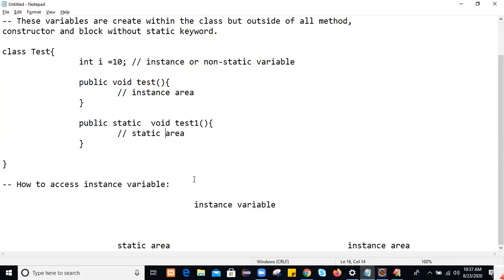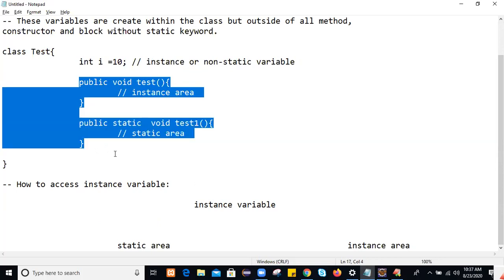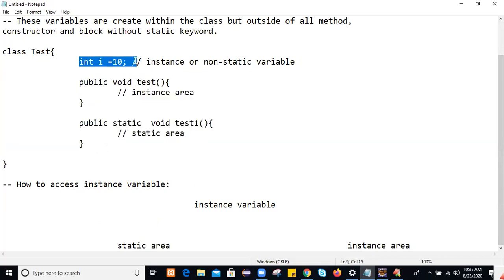So if you have an instance variable at class level, created outside all the methods but within the class area, how will you access it in the instance area, and how will you access it in the static area?